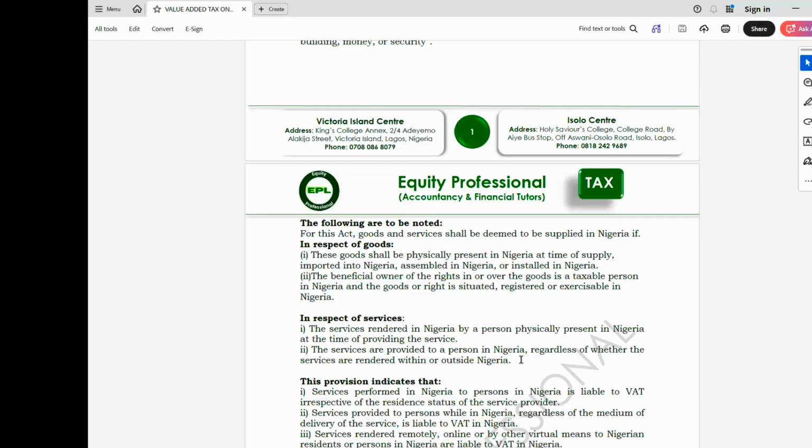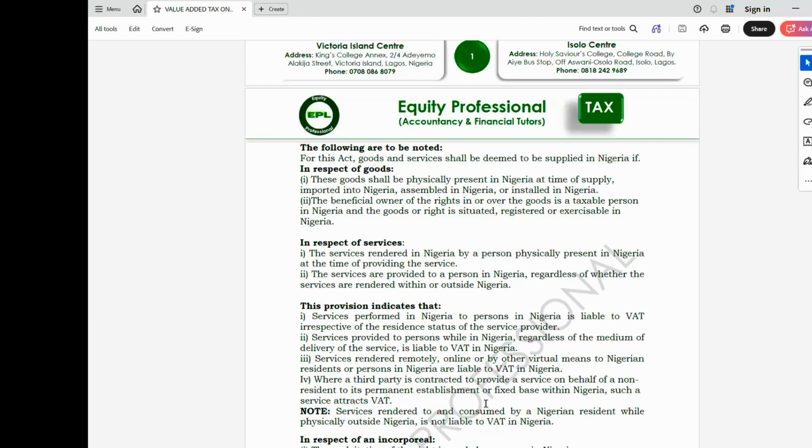So what that means is that any service that is provided from outside Nigeria is also liable to value-added tax, provided that the beneficiary of that service is physically present here in Nigeria. So this provision now indicates that